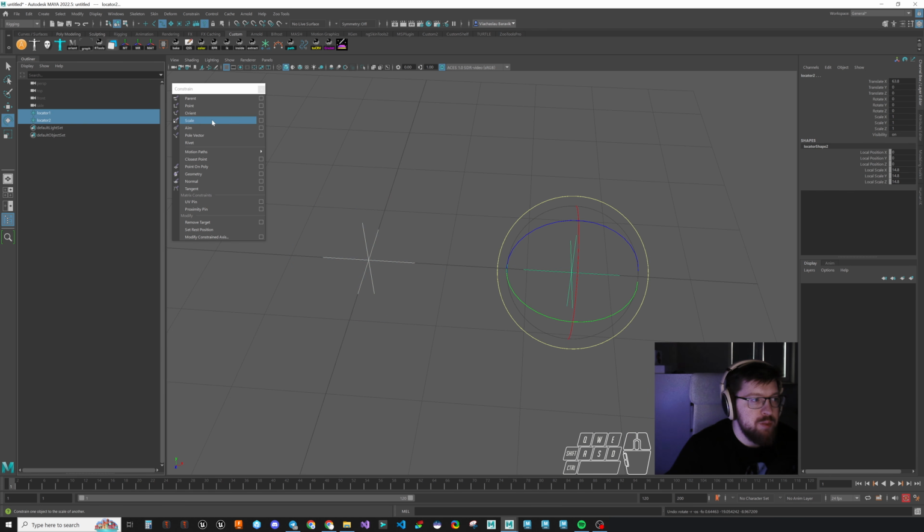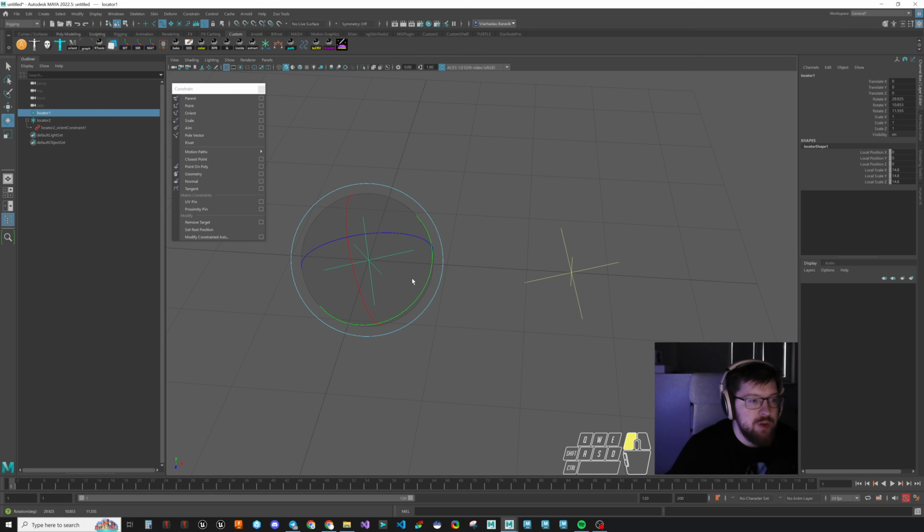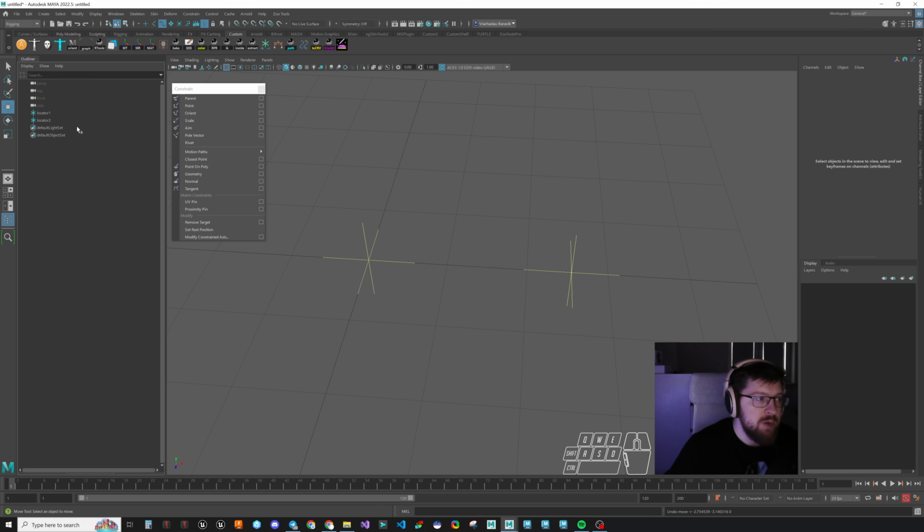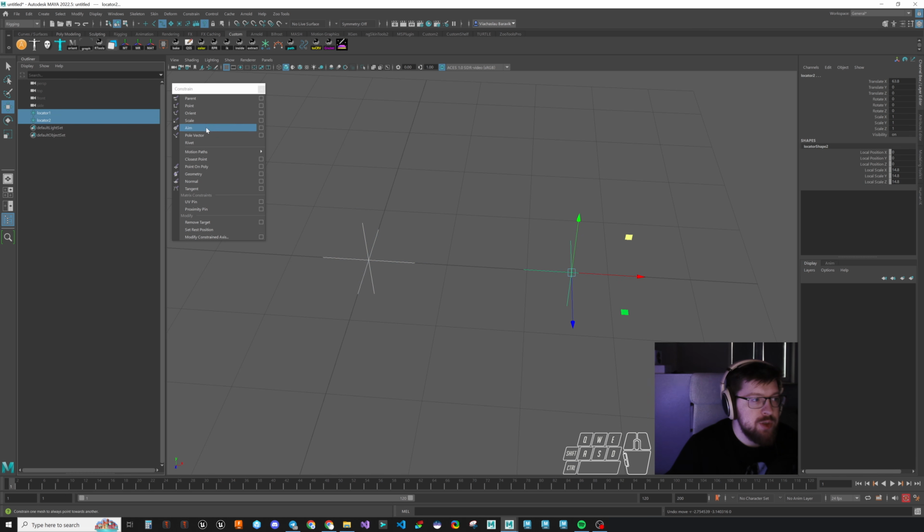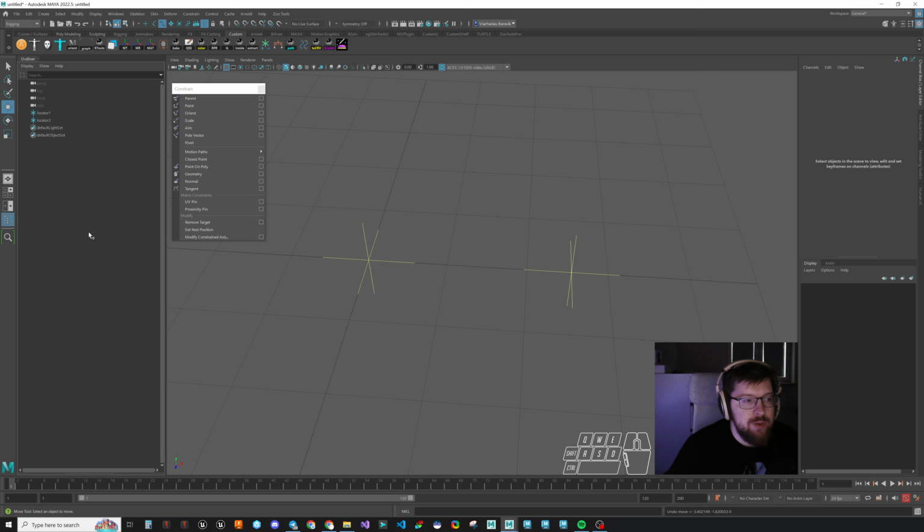Orient constraint makes one object follow another object by rotation, but not by position. And there is also aim constraint, which makes one object control the rotation of another object. So this is all very basic stuff, and if you have no idea what is happening, I would suggest you check some elementary tutorials, because we're not gonna stop much on this, and we're gonna jump straight to